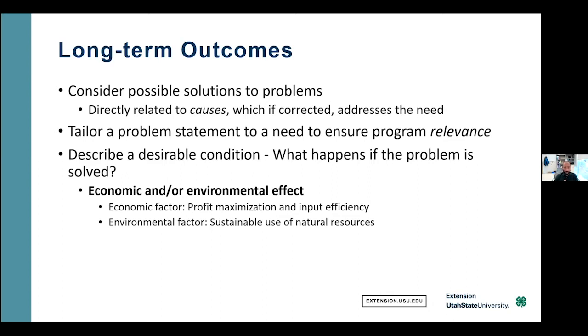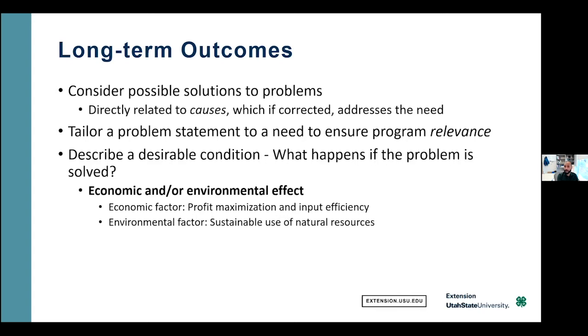In agriculture, we mostly focus on two types of long-term outcomes. Those are the economic factor and the environmental factor. The economic factor deals with agricultural productivity, and that relates mainly to profit maximization and efficiency in labor and capital. Those are the two things that we can always tie back our long-term outcomes to. So we can improve profitability, we can reduce cost, we can increase efficiency. And all those things should be in any long-term outcome of